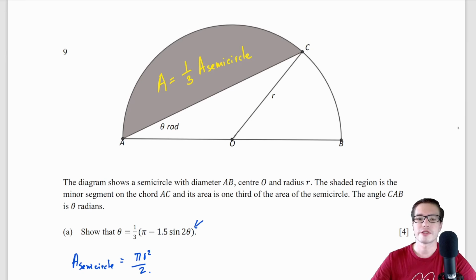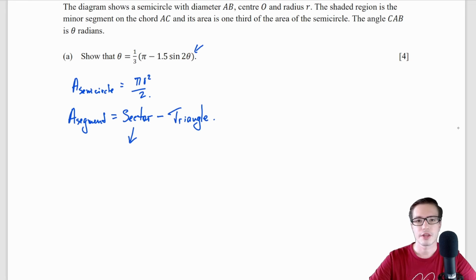Now to find the area of the sector, we'll have to know that angle. And because r is the radius, that means we have an isosceles triangle. So this angle here is theta. And angles in a triangle add up to pi radians or 180 degrees. So this angle here will be pi minus 2 theta. Now the area of the sector is going to be r squared over 2 times the angle, which is pi minus 2 theta,